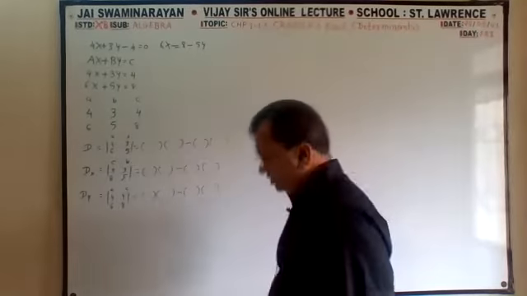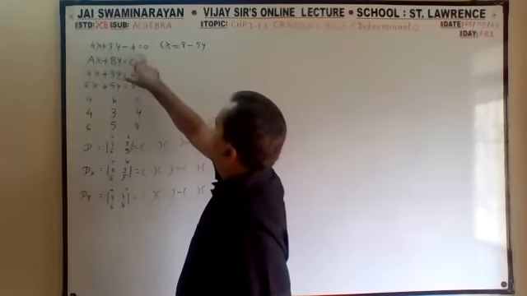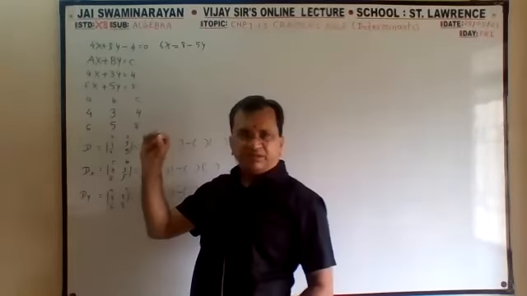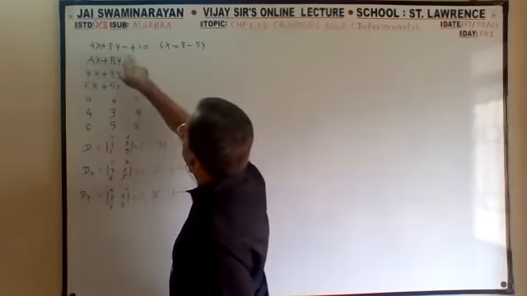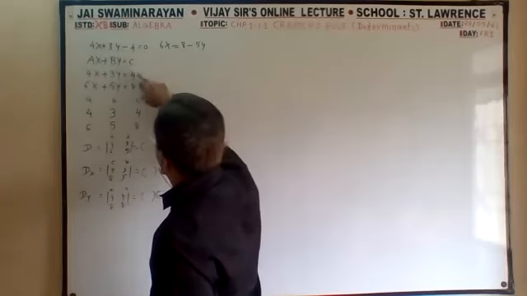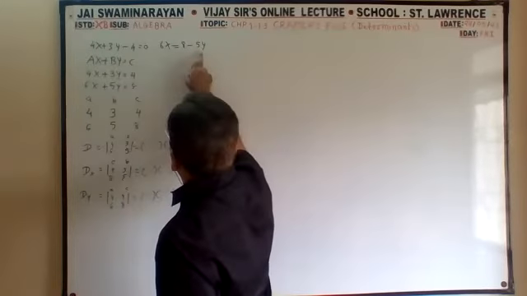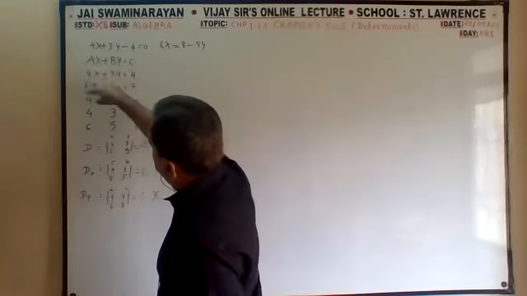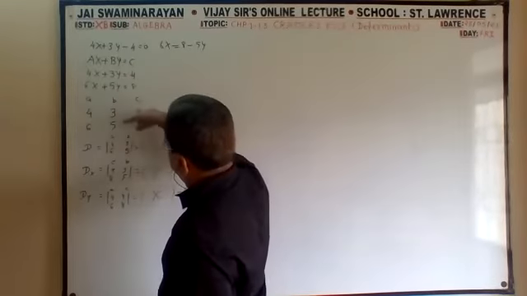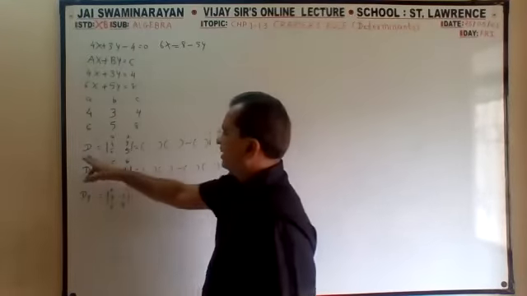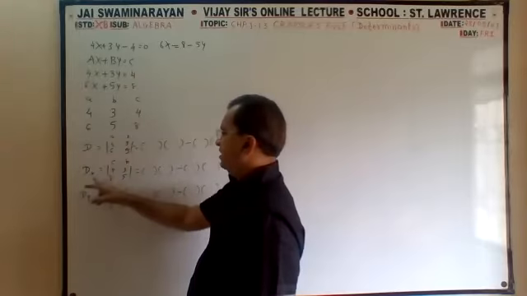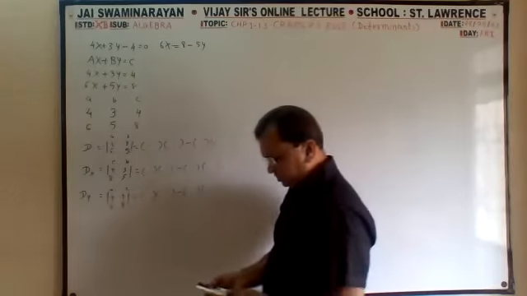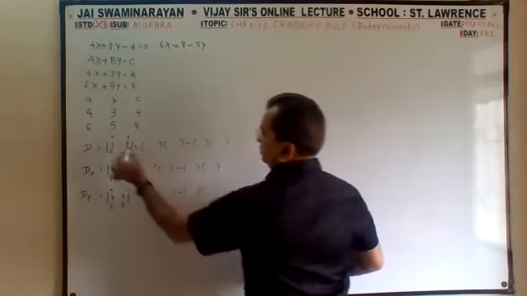Okay, series again. One equation is given, and the second equation is given, which I have converted to ax plus by is equal to c. Here the 4 jumps left to right, so it is plus. This minus 5y jumps right to left, so it is plus. Now I have written a, b, c. As per the formula, D is equal to a1b2 minus a2b1, Dx is equal to c1b2 minus c2b1, Dy is equal to a1c2 minus a2c1. Now substitute the numbers.